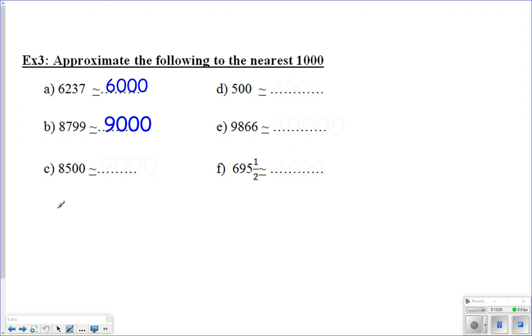So the 8 will become 9. What about 5? 5 will become 0. And we don't have here units, tens or hundreds. The answer will be